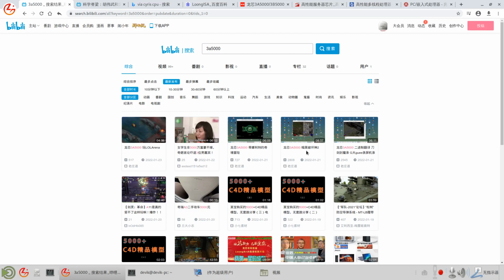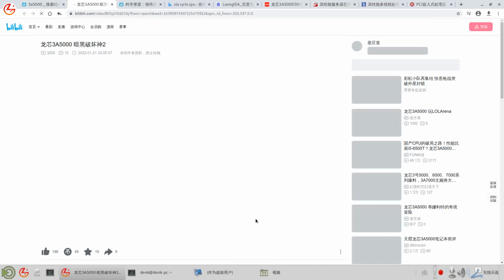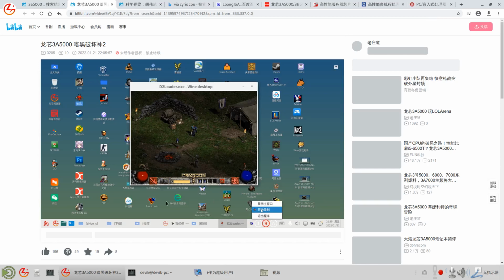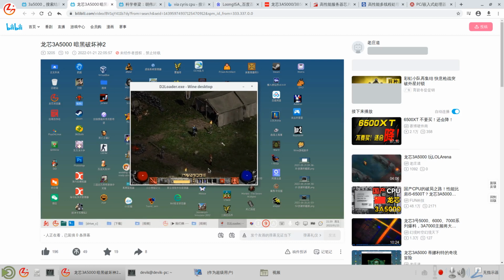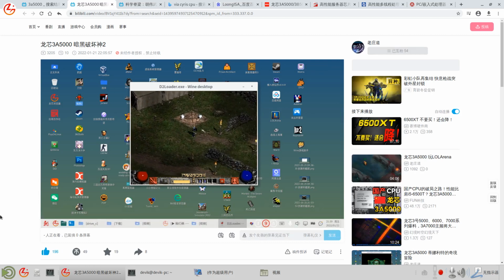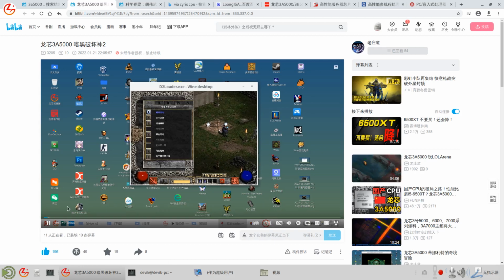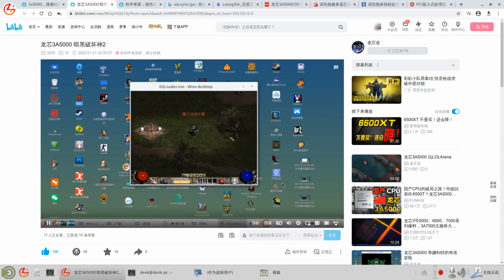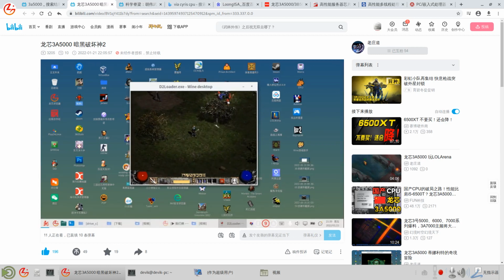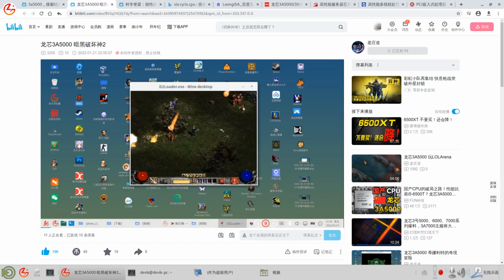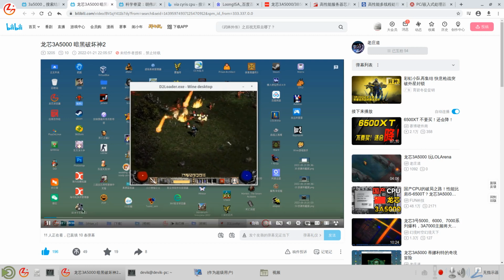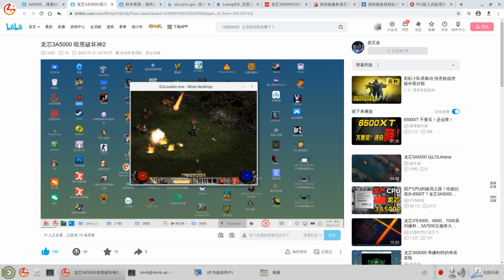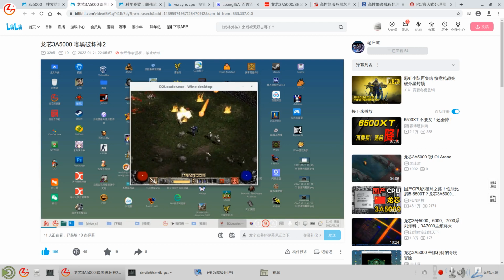Okay, now see Diablo 2 on the LoongArch 3A5000, an x86 Windows game running through binary translation on Linux using LoongArch. See, this is LoongArch and playing Diablo 2, which is unbelievable, right? Before, when I was young, I used to play Diablo 2 on Windows with an Intel or AMD CPU. Now, using a 100% homegrown self-made Chinese CPU, Loongson with the LoongArch instruction set.